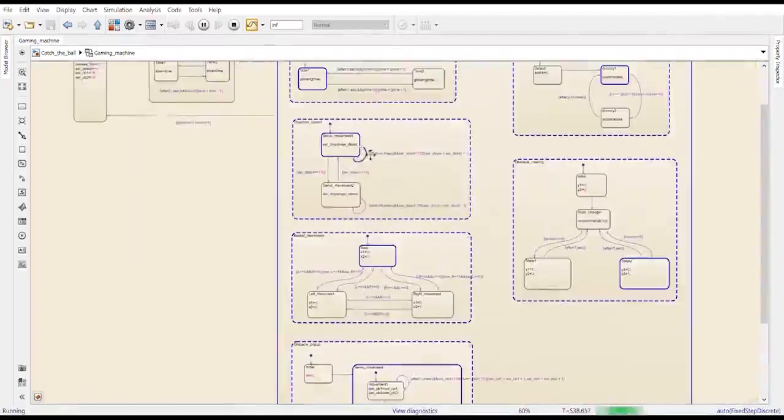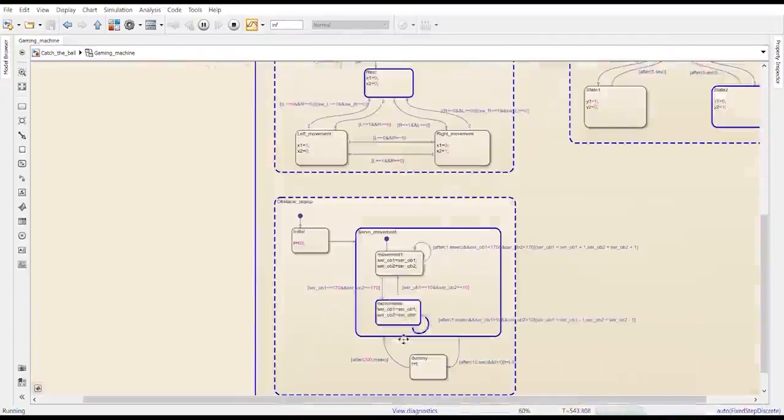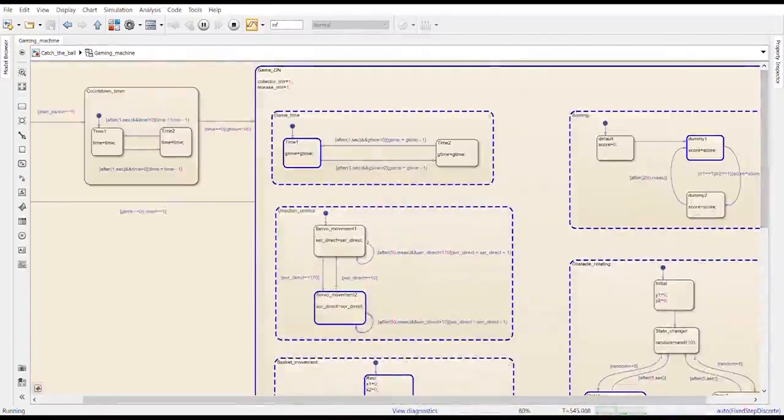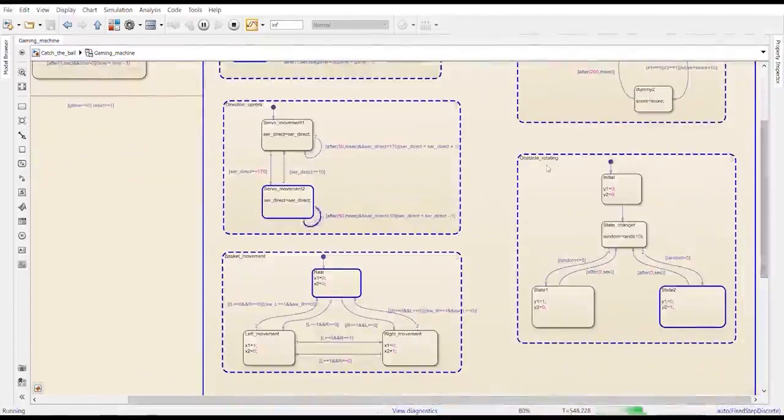Direction control is taking place. Basket movement is also. Popping obstacles are varying their pace. Score is recorded by this. These are all in parallel decomposition. And for the obstacle rotating, we have used a random function, so in the two states it goes randomly after every 5 seconds.